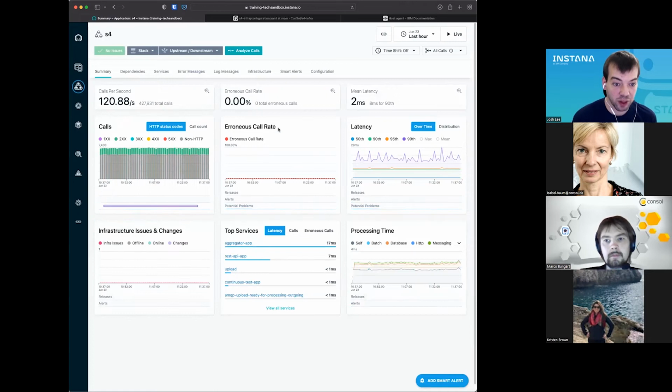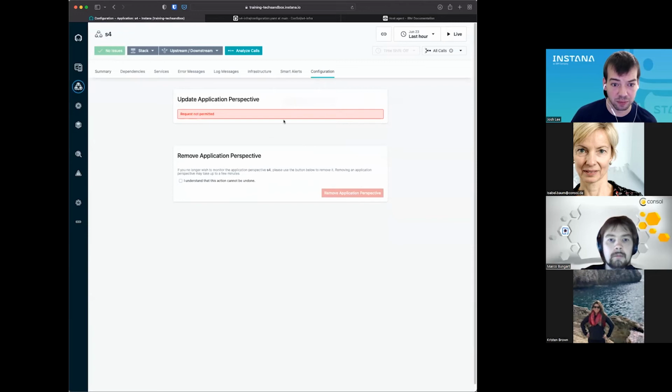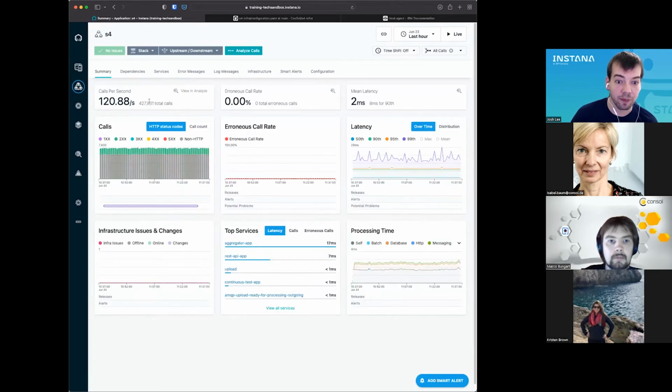So for example, for this project, we've defined this application S4, which is the application that Marco was just demoing. And we set up just a simple filter. The demo gods are not shining on me today. But if that screen had loaded, you would see that this is just set up to filter for data coming from some specific ECS hosts where our EKS cluster is running.